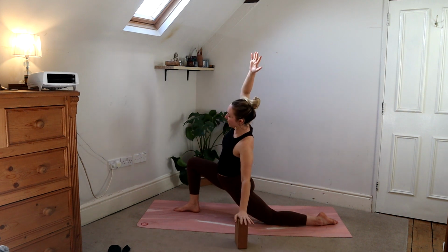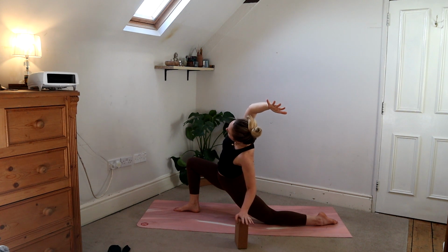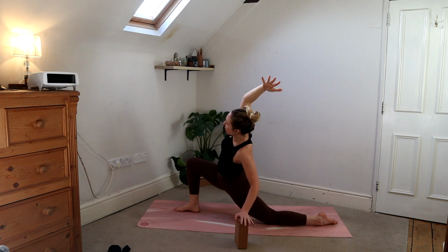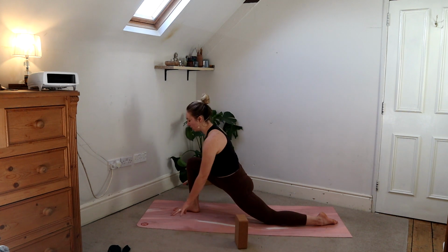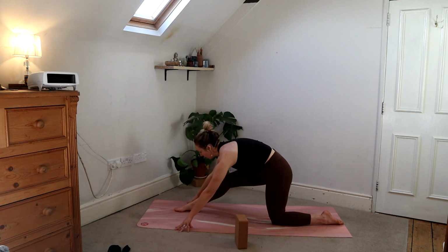Exhale, reaching over, leaning over towards the left side this time. Pull the right shoulder back. Push your hips down towards that right heel. Perfect. And then inhale, coming back to center. Take your hands on either side of the right foot. On your exhalation, straightening into your right leg. Coming into